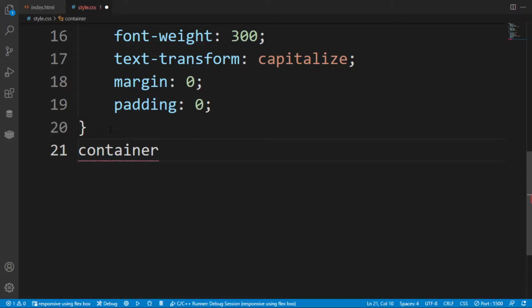So we have to withdraw the margin and padding, so we have put that in here.